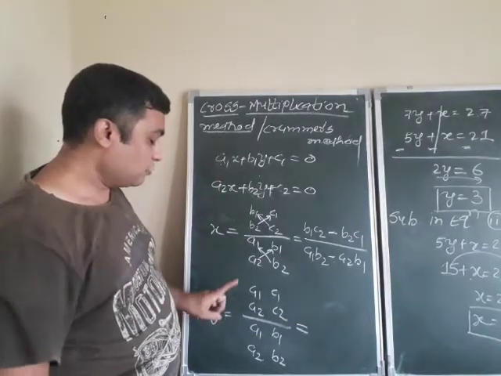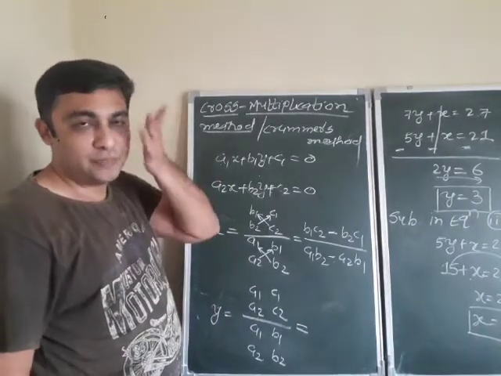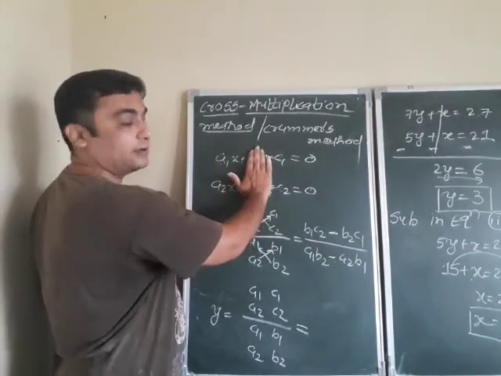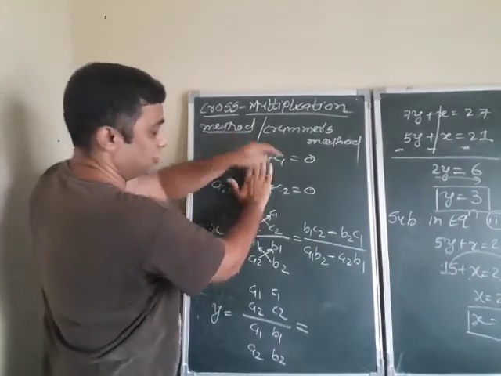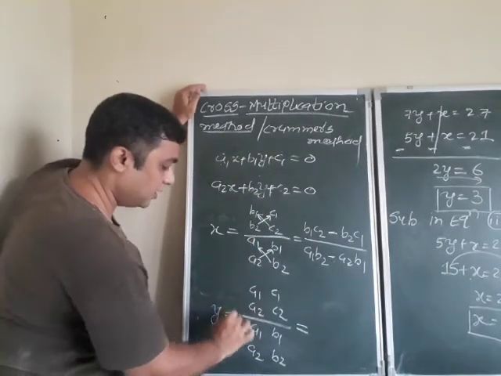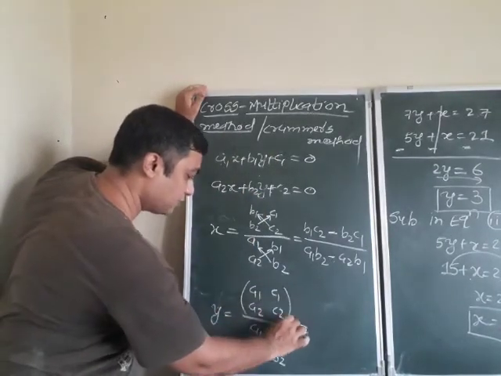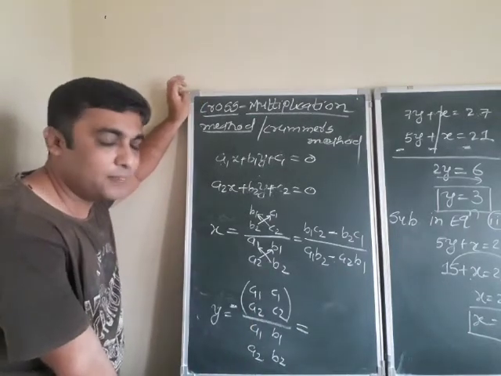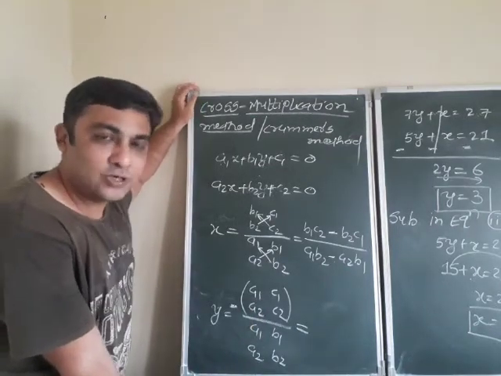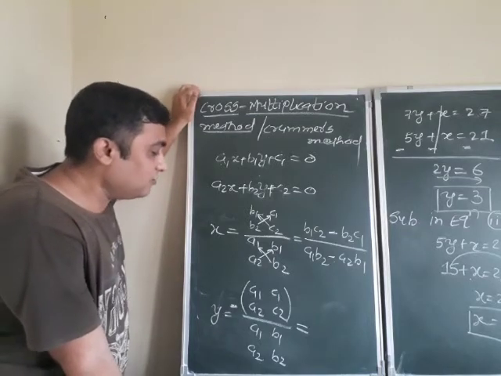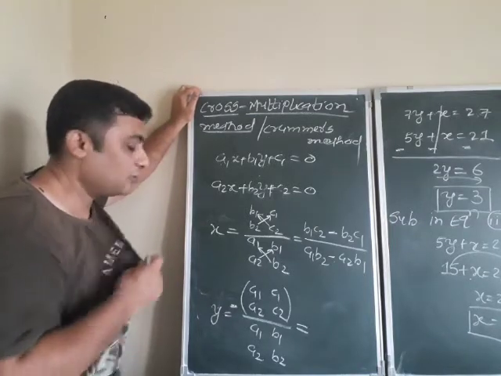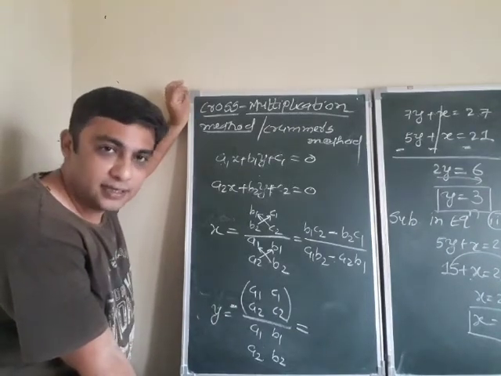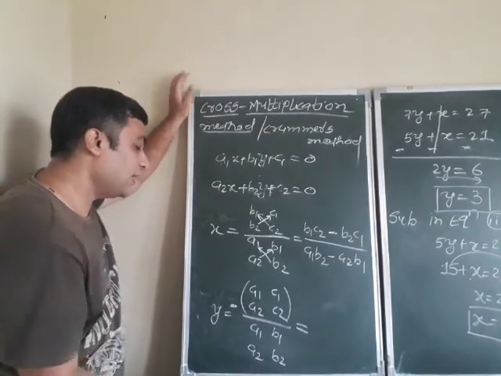Fine. Now see, in y, one care should be taken. Which care? Hide the y. So a1, a2, c1, c2. Now here you have to write the minus. You are asking the question why? See, at present you don't ask the question. When we learn the determinant in 11th and 12th science, it will be clear why the minus should be here. Is that clear? Understood or not? Fine. For now, you write it down.